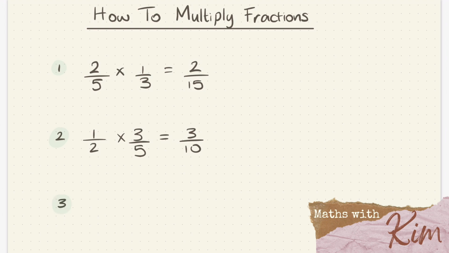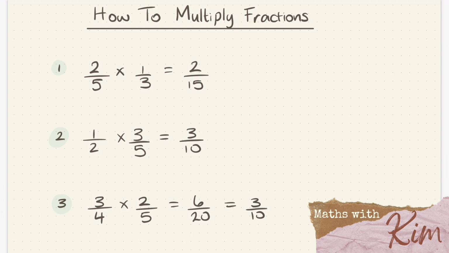For our next example, we've got 3/4 times 2/5. So we're going to do the same thing again, 3 times 2, which gives us 6, and then the same thing on the bottom, 4 times 5, which is 20. We want to always double check to see if our answer is simplified as much as it can be. 6 and 20 are both in the 2 times tables, so I can simplify that further to be 3/10, and